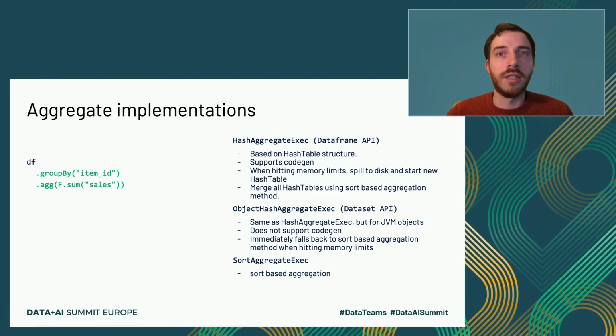And hence we can use this hash aggregate implementation. But for some operations, this is not possible. So if we do, for example, collect list, we might actually keep accumulating more numbers in an array. And this is not a fixed size. And then it will actually fall back to this object hash aggregate, which works similarly to the hash aggregate, but has some other intricate details, such as supporting operations of non-fixed size, but also supporting aggregations for the dataset API that are on custom